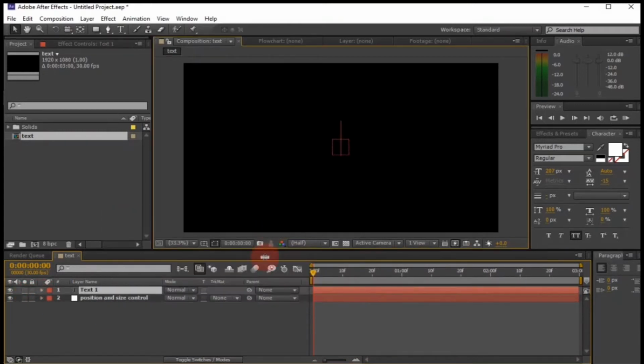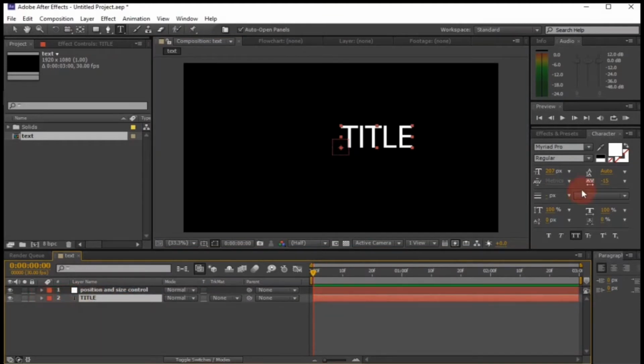Now create a new text layer and then enter your first text. Now place the text layer below the null object and change the text size to 136. Then align the text to the right hand side.